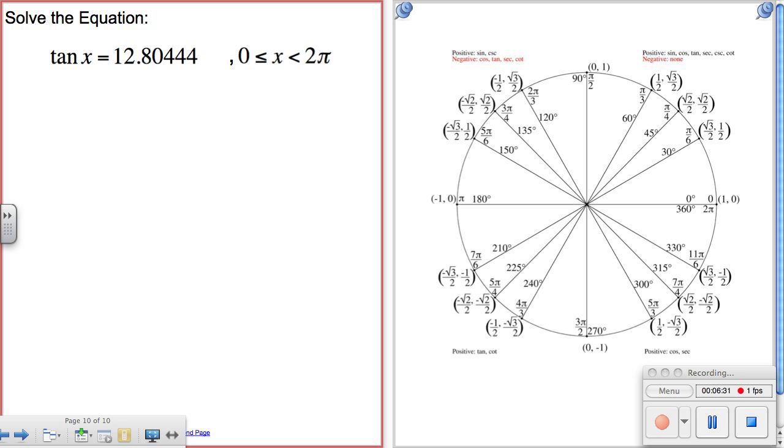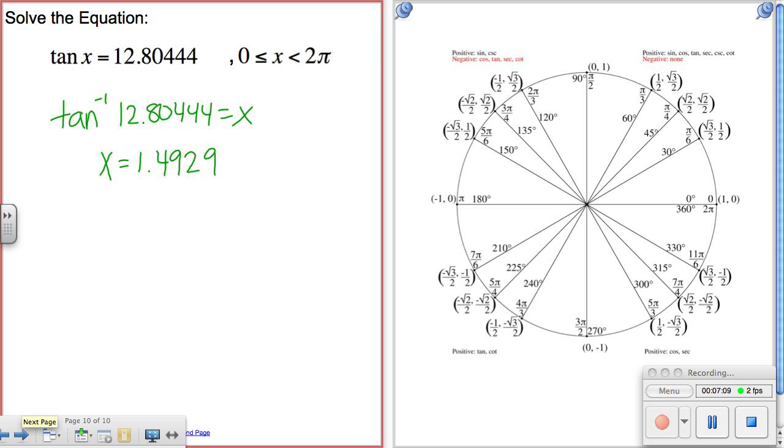The last example we're going to look at right now deals with decimals, so we're no longer on our unit circle. This is extremely similar to the ones we solved for our standard. We have tan x equals 12.80444, and we're trying to solve for x. Now, I hope you're thinking right away to use the inverse button on your calculator. Make sure your calculator is in radian mode. When you do that, you get x equals